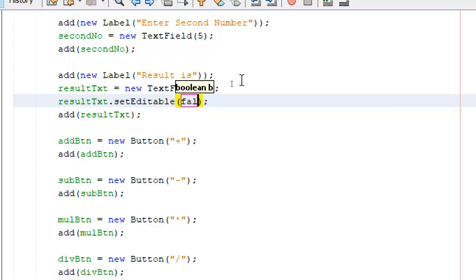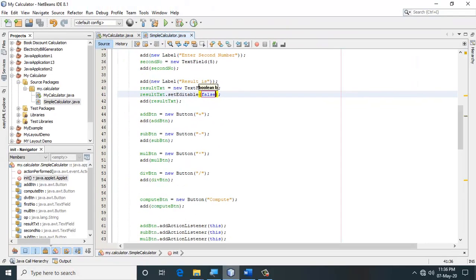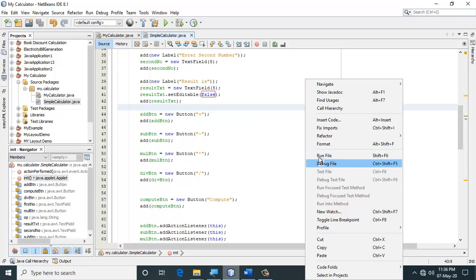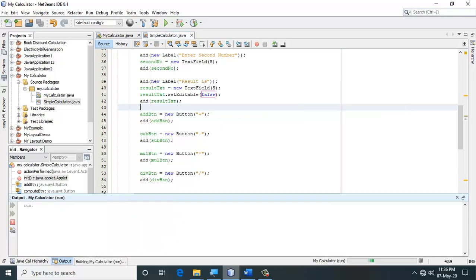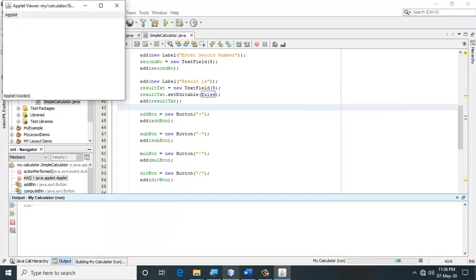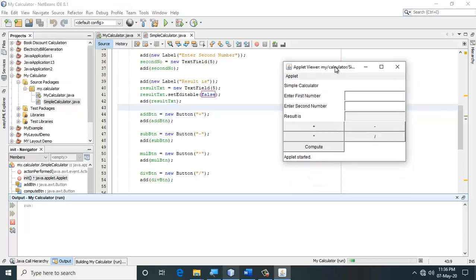is false. The reason I'm doing it as false is I don't want the user to make changes to the result. So run it. This time you notice that Java will not allow you to type anything over here. So I type some numbers, 5 and 4, I can do the calculation.